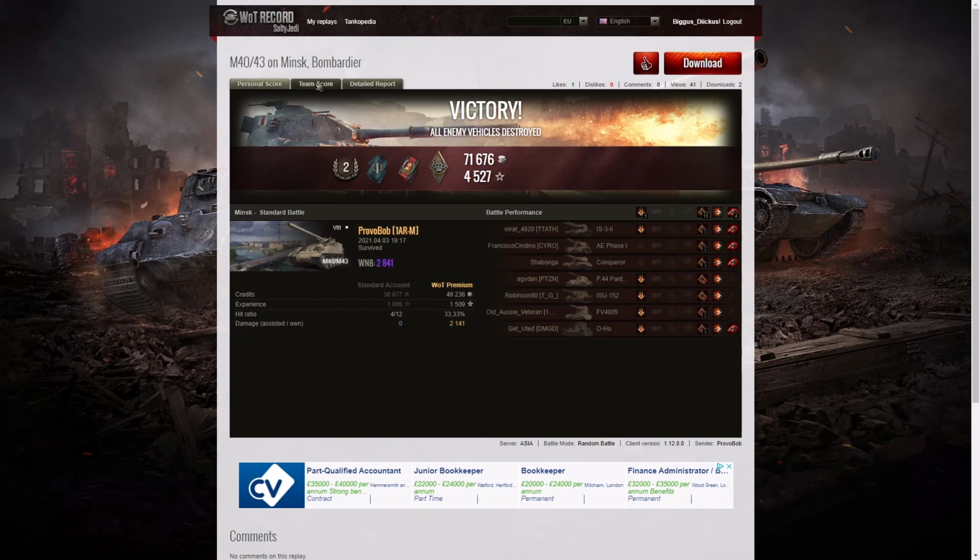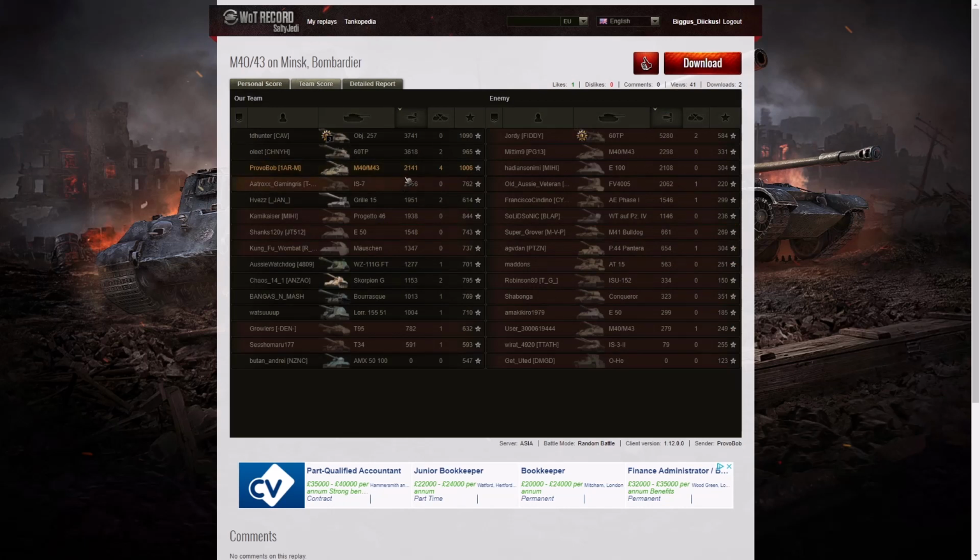So let's have a look at team score and see where he stood. Well, he got 2,141 hit points, not as much as I thought he actually did in that game. The highest score in the game was actually the 60 TP on the enemy team. He got a High Caliber for 5,280 hit points, so that must have been at least 20% of the enemy hit pool in total. The second highest damage was the Object 257, who got a Cool-Headed, Steel Wall and Confederate, and he got 3,741, and the third highest damage was the 60 TP on his team with